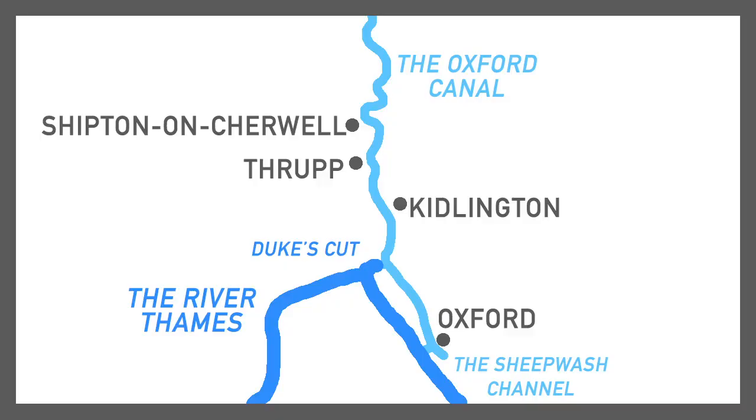It is a cold as hell day just below the Duke's Junction, Duke's Cut, Duke's Lock. Yesterday we came up from Oxford and passed the Sheepwash entrance to the Oxford and kept going up to Duke's Cut, where we turned, and it was quite nice. There were some cows by the side of the river and stuff. Not a very long journey, but we left a little late